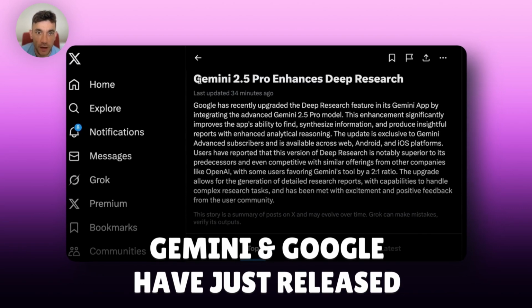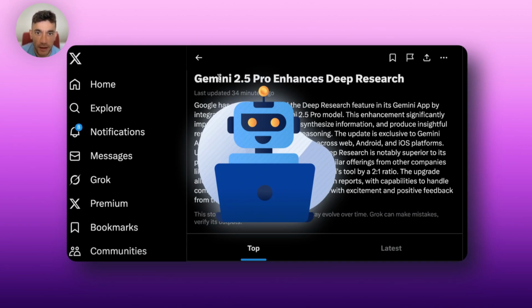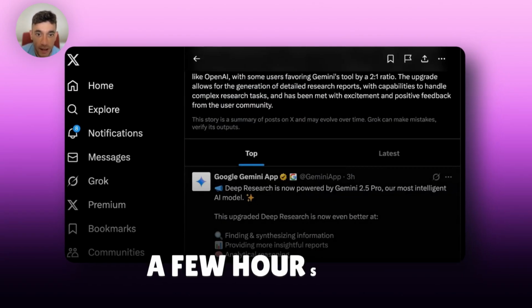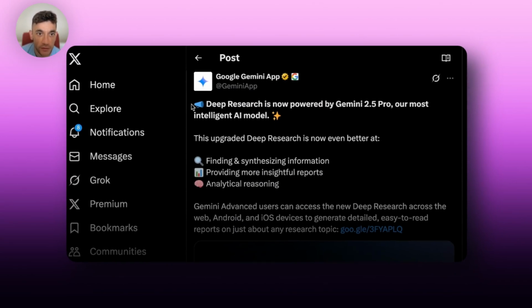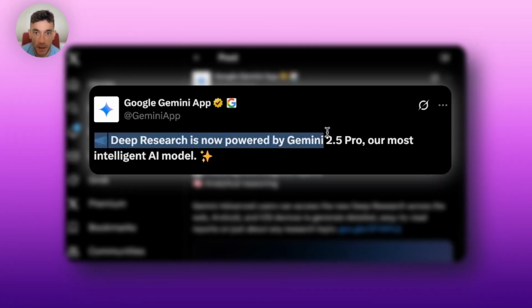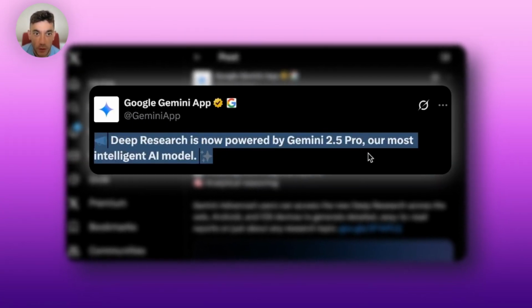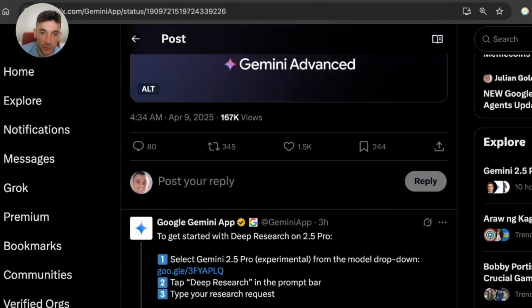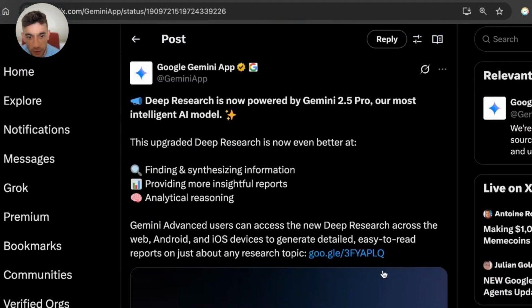Gemini and Google have just released a new AI agent for deep research. You can see the announcement just came out literally a few hours ago today. They've essentially said that now deep research is powered by Gemini 2.5 Pro, the most intelligent AI model. Now, I'm going to show you two different ways to build deep research agents, one of them for free and